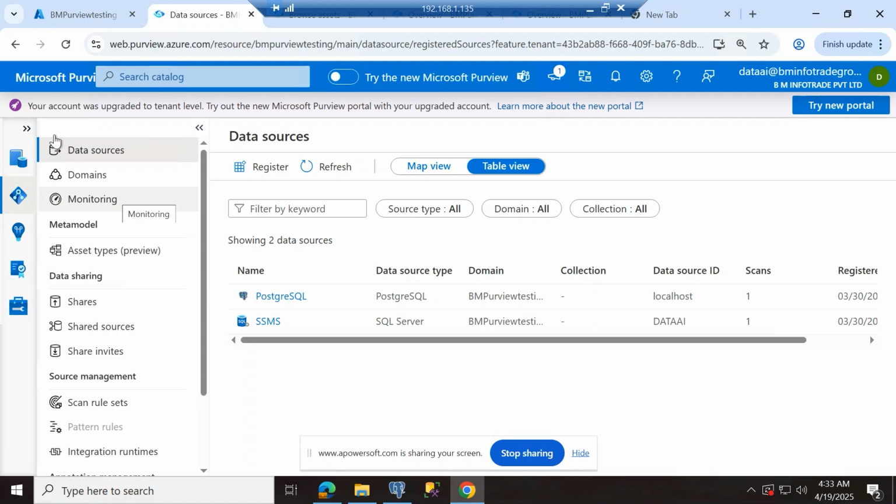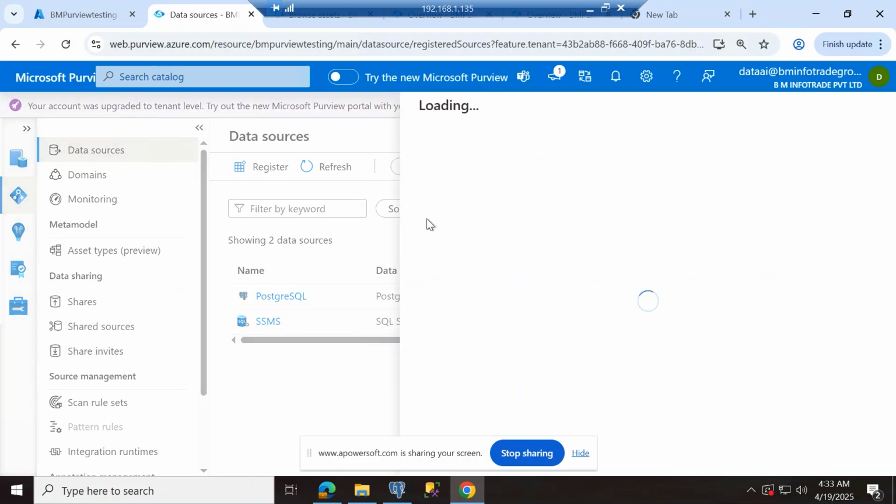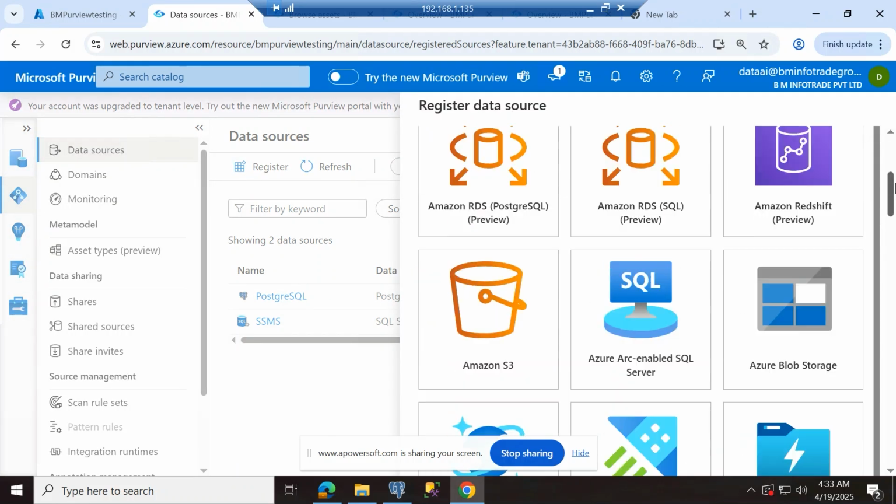First of all, we open the Purview Studio, and in that we go into the data sources, where we can register our databases. I have registered two databases.